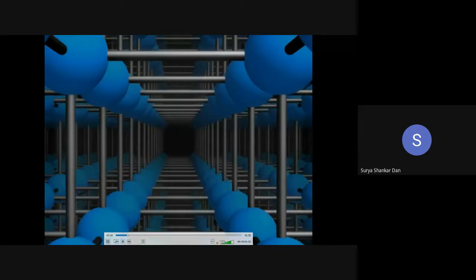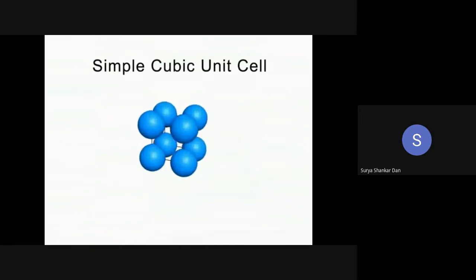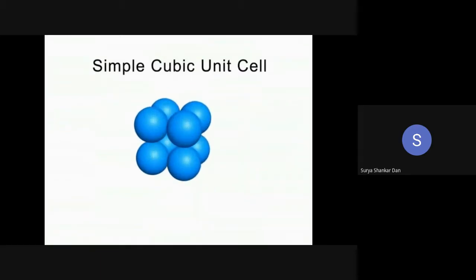There are three types of cubic unit cells. All cubic unit cells have particles at the corners of a cube. The simple or primitive cubic unit cell has particles at the corners only. In reality, the particles lie as close to each other as possible. Note that the particles touch along the cube edges, but